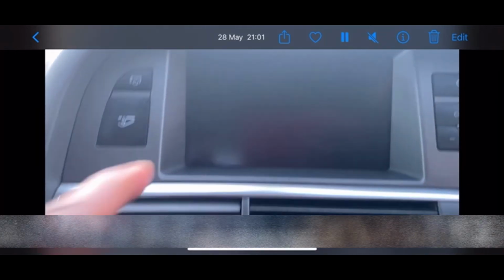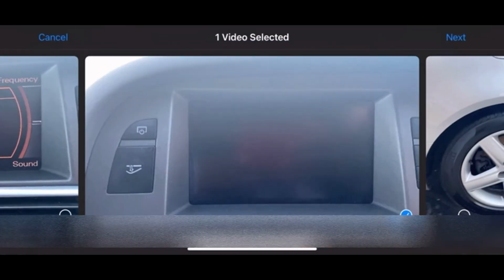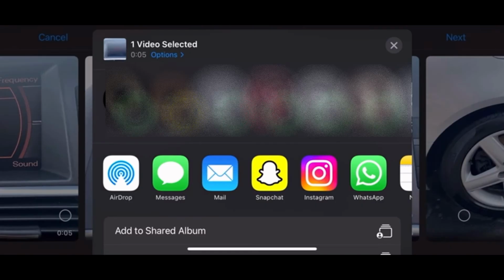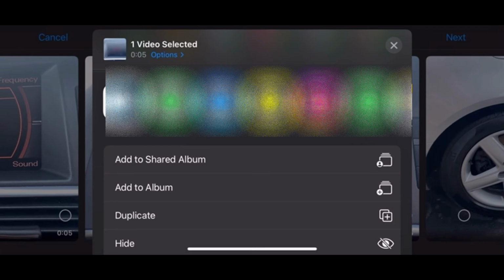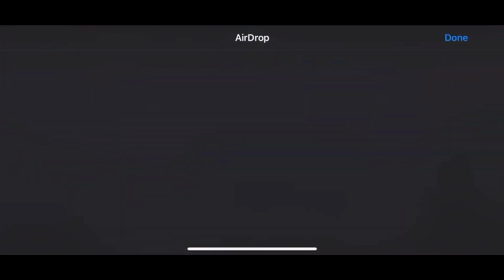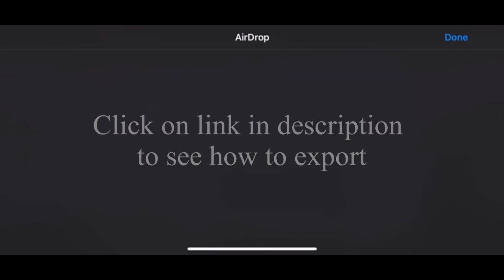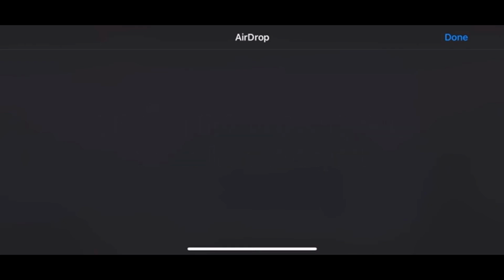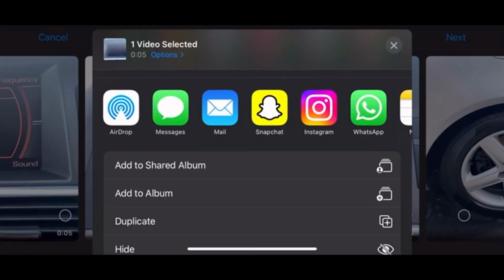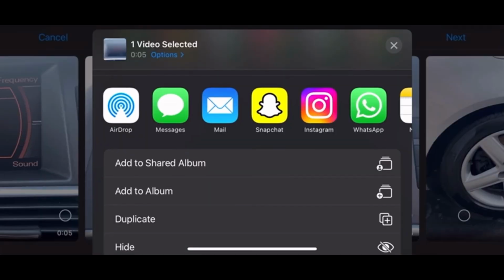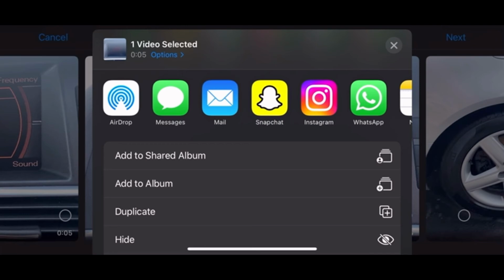If you save as a new clip, you get the original video still in your photos. But if you save as video, you lose the original video. It gets updated with your modification. So from here, you can export from your phone down to your computer using AirDrop. And when it gets to your computer, you can export or publish to YouTube. And your video should publish as opposed to just sitting there processing for ages and never getting uploaded